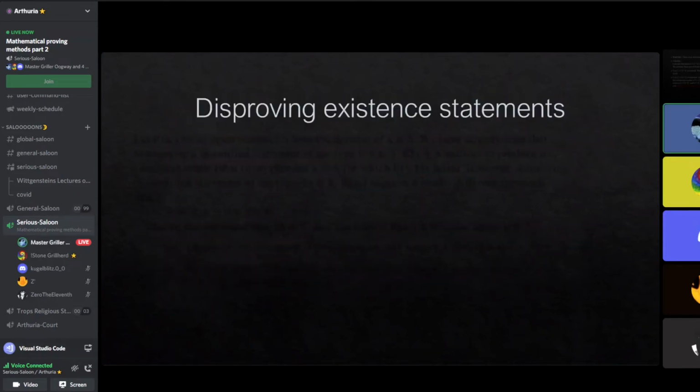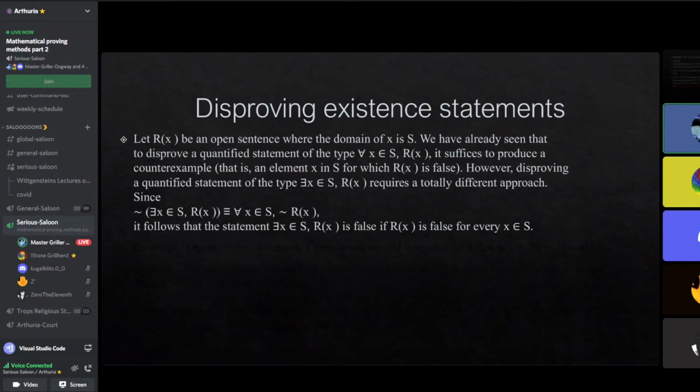Okay, the next one is disproving existence statements. Thus far, we have been proving by methods. Now we're disproving by a method. We have already shown what an existence statement is. This here is an existence statement. We want to disprove it, so we want to show its negation being true. And a negation of this statement is